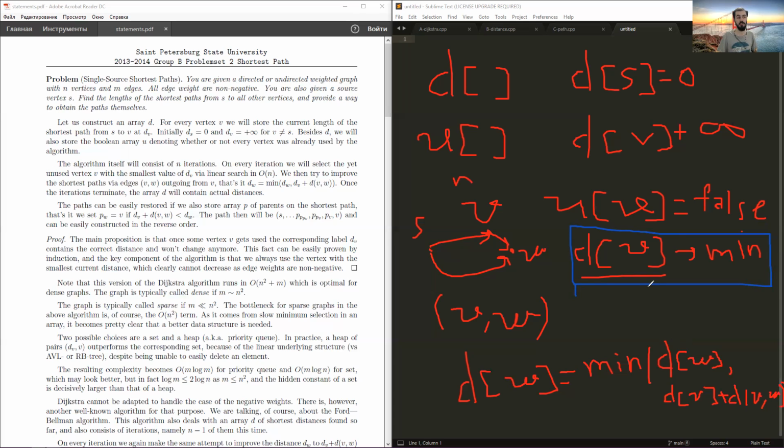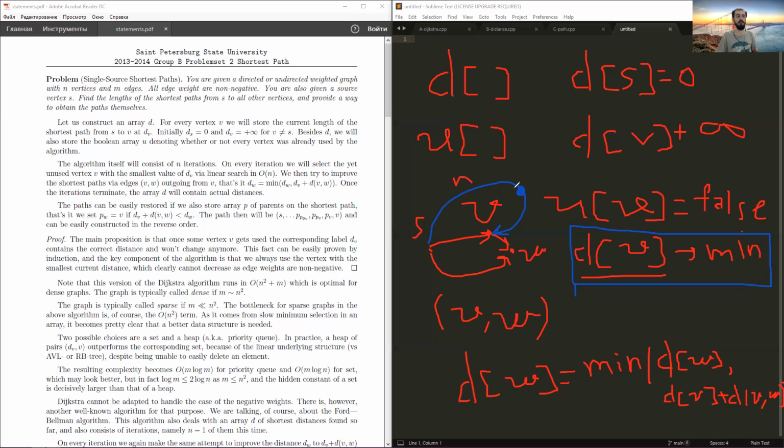If you think about it, this condition ensures that once we process vertex v, the distance to v can never decrease. Why does this happen? Suppose the shortest path is something like that, right? And we ended up with having a path like that. So why can it be the case? Well, if we process this vertex,